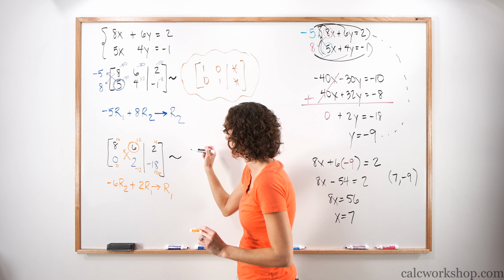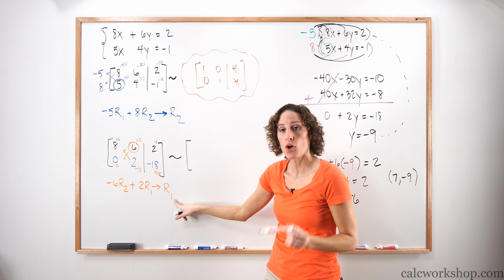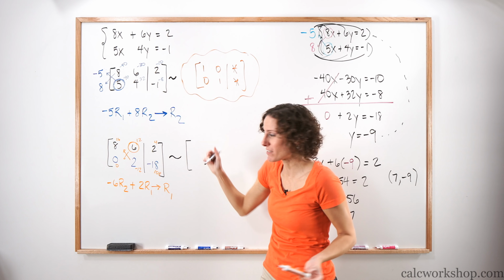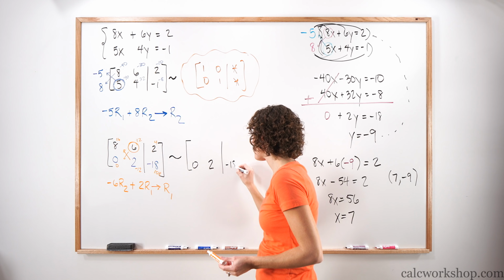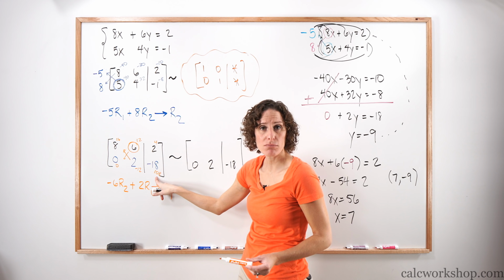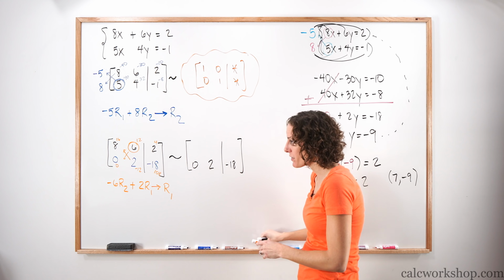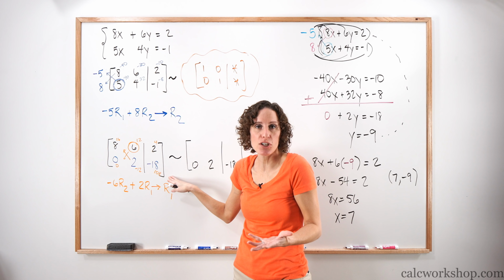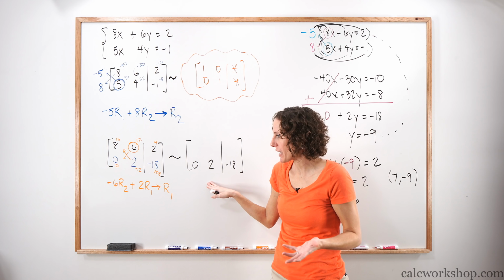So we're going to manipulate. Which row are we looking to change? We want to change row 1, which means row 2 isn't changing. We were happy with row 2. We'd already affected him on the previous example. So we're going to keep 0, 2, and negative 18. Why? I don't really want to keep 108 if I don't have to. I mean, it's up to you. But I'd rather keep the smaller numbers. Again, by just multiplying an entire row by a number, you're not changing that equation. You're just making it either bigger or smaller. So use the numbers that are easier. Only affect one thing at a time.